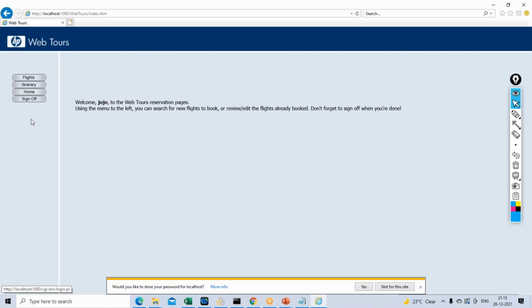So as I said, I cannot bring 200 or 300 people and ask them to sit in one place and log in. It doesn't work like that. So there should be some tool which should help us in multiple ways. First of all, it should help us in simulating those users, and it should also help us in recording or generating the script.